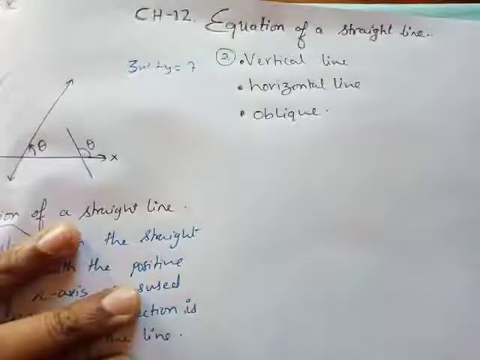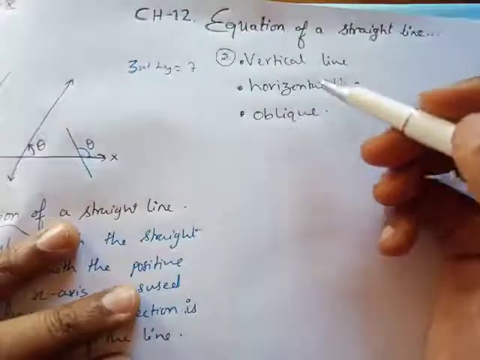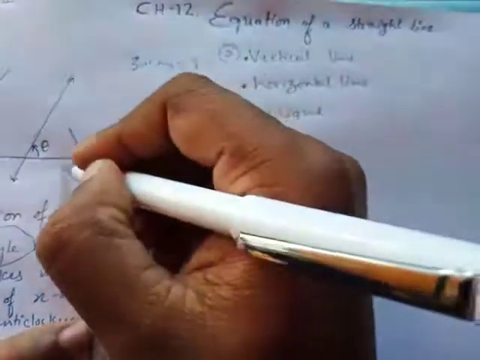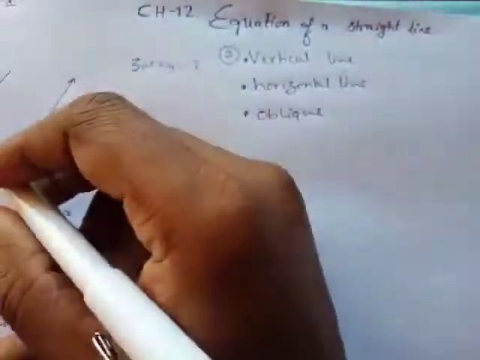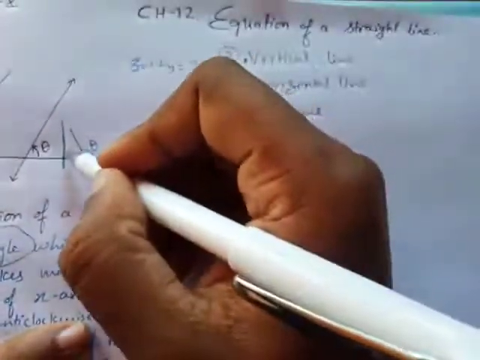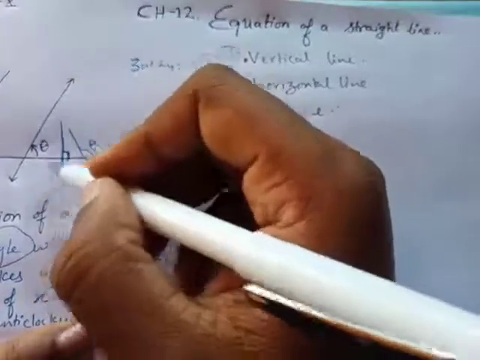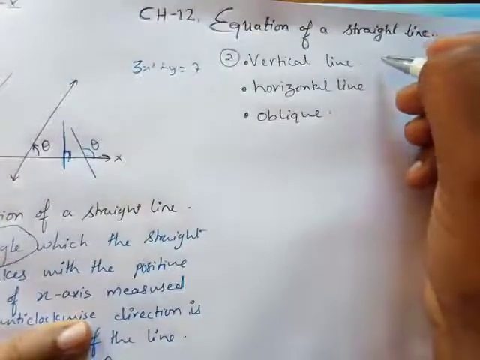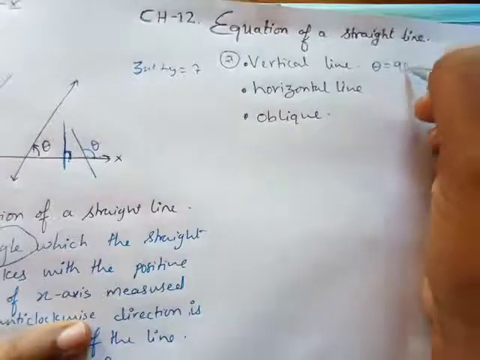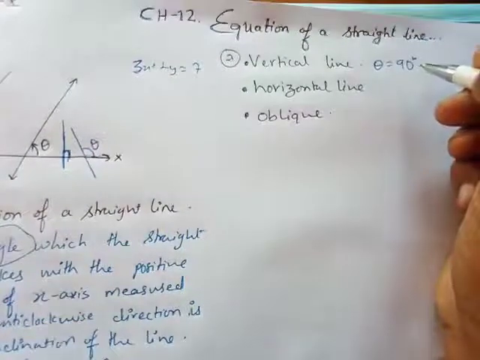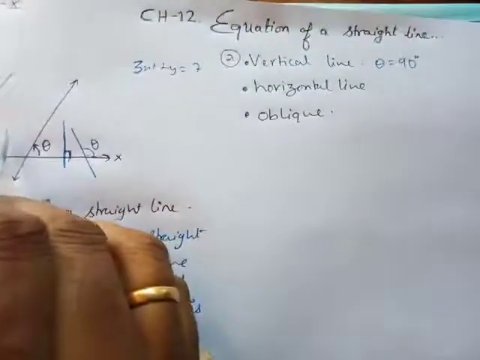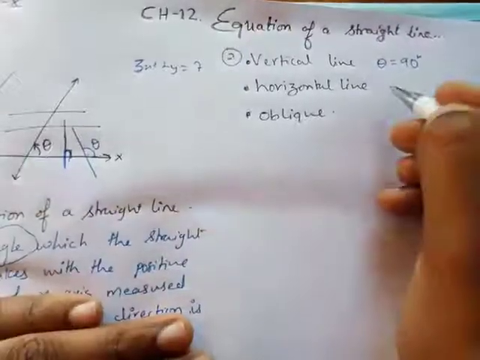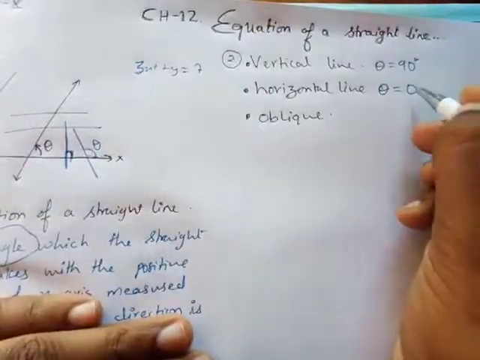So there are three things that we need to keep in mind. You already know these three things. One is vertical line. A vertical line is basically a straight line, and a vertical line is always parallel to y-axis. But what is the angle that a vertical line makes? What is the inclination? Inclination for a vertical line is always 90 degree. And if it's a horizontal line, let's say parallel to this, like this, what is the inclination? Inclination, or the theta, is 0 degree.